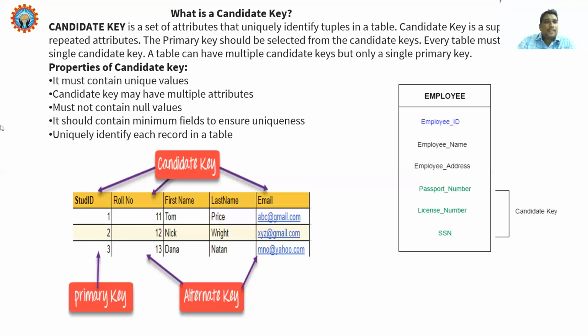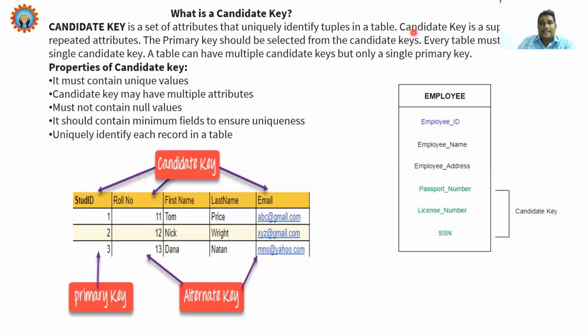Okay, clear. See, candidate key is a set of attributes. Set of attributes means a combination of attributes. But in informal language, set of attributes means a unique key attribute. We can say that it is an attribute. So candidate key is a set of attributes that uniquely identify tuples in a table.